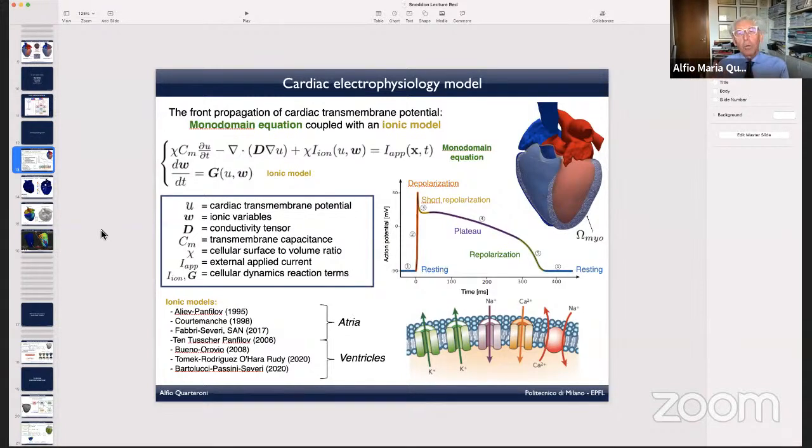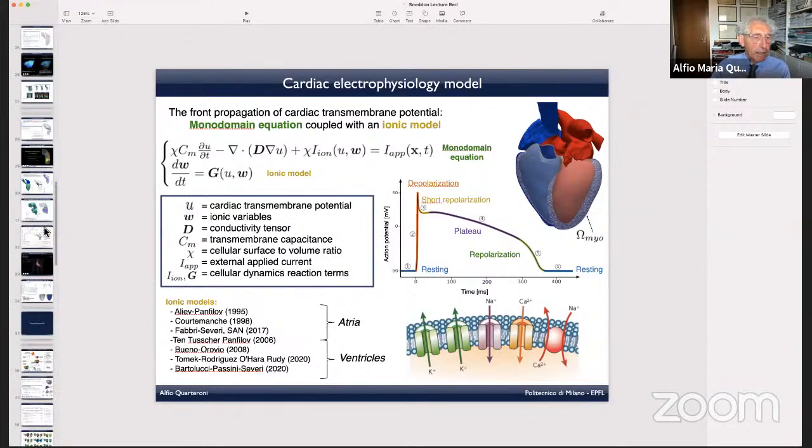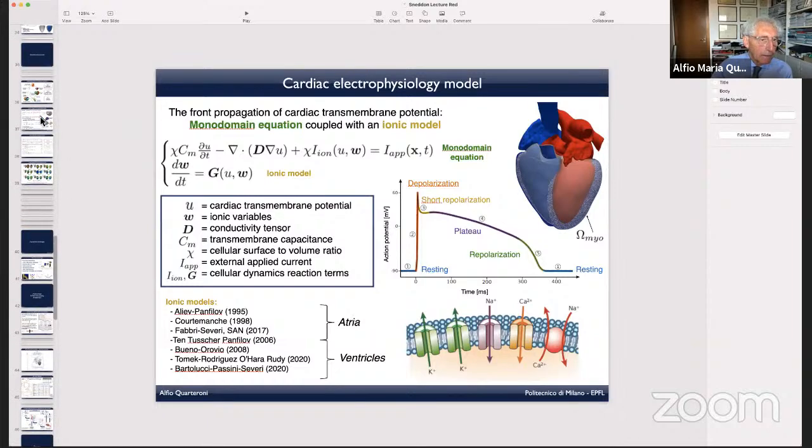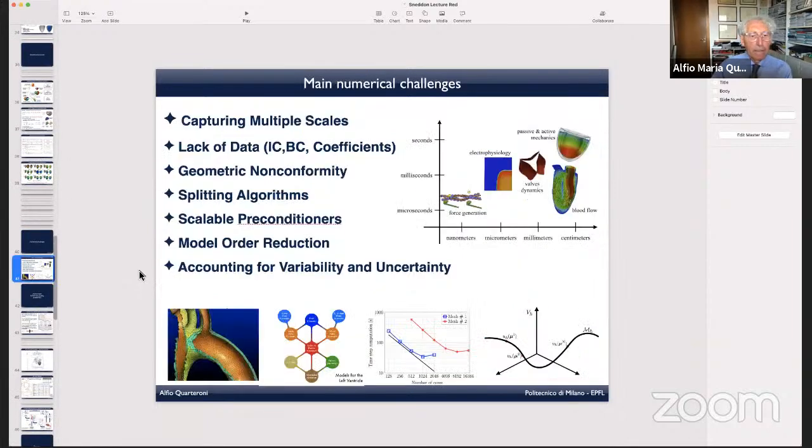Well, let me at least quote a fourth one. I mentioned before the necessity of generating model order reduction algorithms. By model order reduction, I mean the way you start from the PDEs and you project them onto a space of much smaller dimension, which is obtained by linear combination of snapshots that are obtained by statistical principles, say. So there are many different ways to generate model order reduction